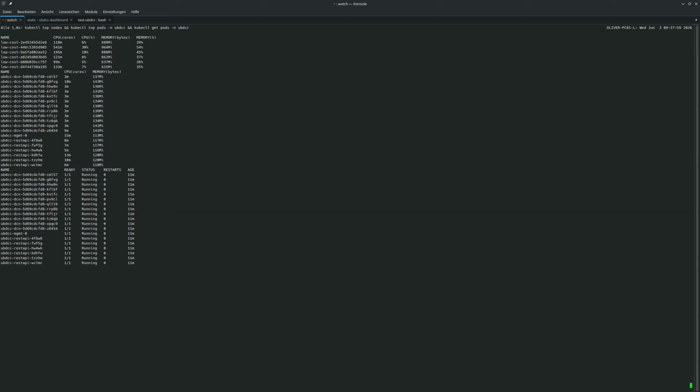The top nodes command shows the CPU and memory. The top pods command shows pod resource usage, and get pods -o wide shows where the pods are running. If you want a live view, you can wrap these commands with watch as we did. So next step is